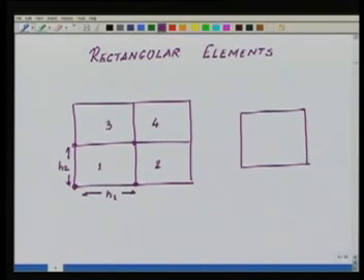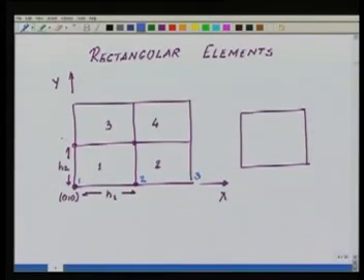For simplicity I am taking the first one. I will give a coordinate axis here, x and y, such that the first node has point locations 0, 0. This is the first node, second node, third node, fourth, fifth, sixth, seventh, eighth, ninth. So now I take